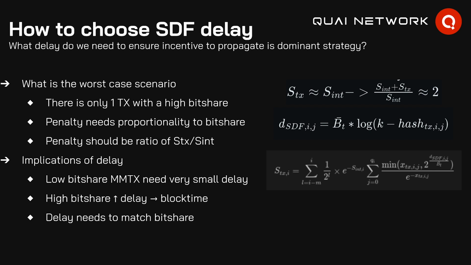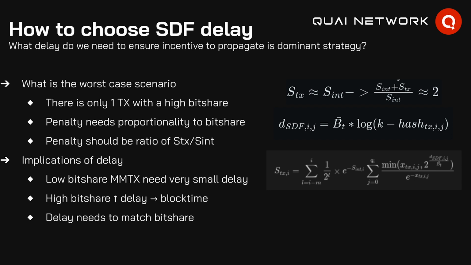And if they're mismatched, we'll always take the minimum of the two when computing how to weight that bit share in a block. So for example, if you found a 19-bit share, but you only included a 10-bit SDF, you would only get credit for 10 bits. Or inversely, if you included, say, a 19-bit SDF with only a 10-bit share, you would get 10 bits in the block again. So as long as we make sure that they're always matched and we're always taking the minimum of the two,